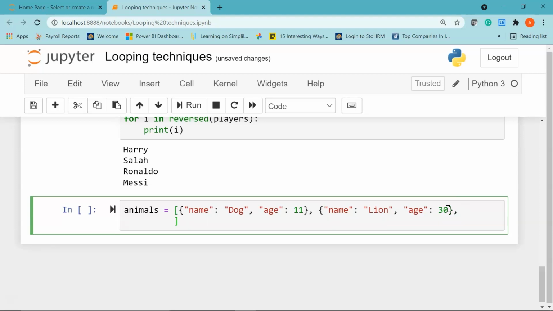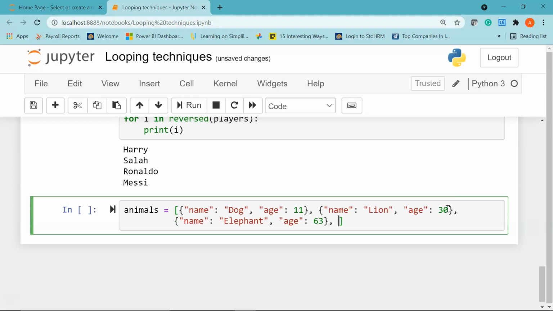We'll go to the next line, and this time we are going to have another animal. I'll say elephant. Give a comma. Let's say the age is 63.